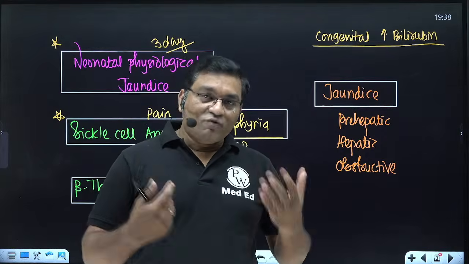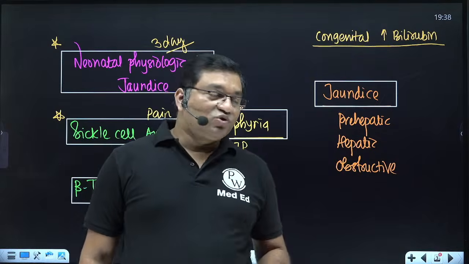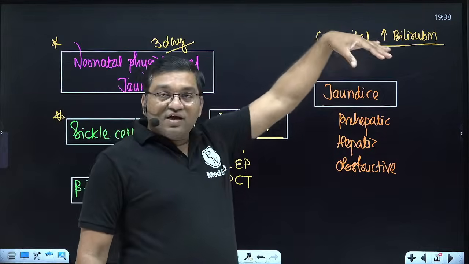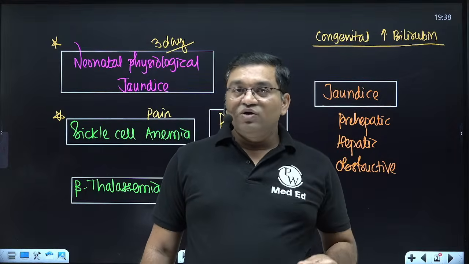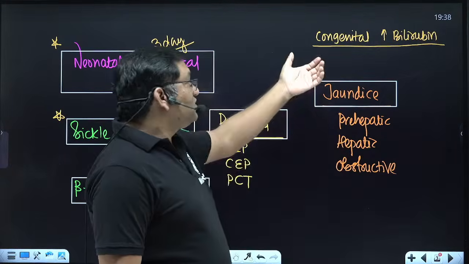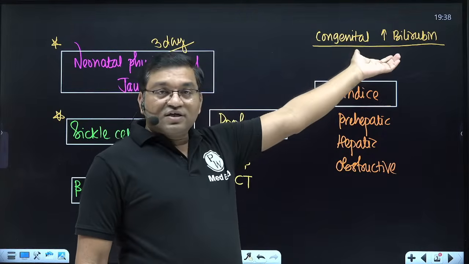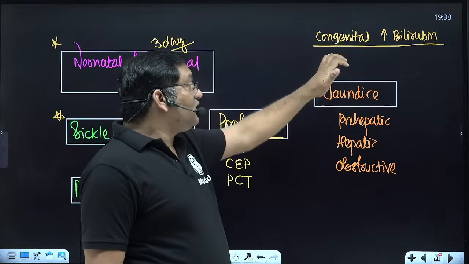porphyrias where porphyrins are excreted, their photosensitivity is the predominant symptom. So we'll discuss the different types of porphyrias. Then there are congenital hyperbilirubinemia. So in some there is increase in the direct bilirubin, and in some there is increase in the indirect bilirubin. So we'll discuss the congenital increase in the bilirubin level, that is Crigler-Najjar type 1 and type 2, Gilbert, Rotor,